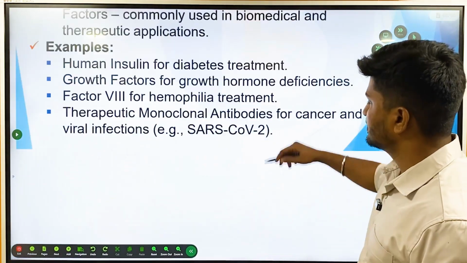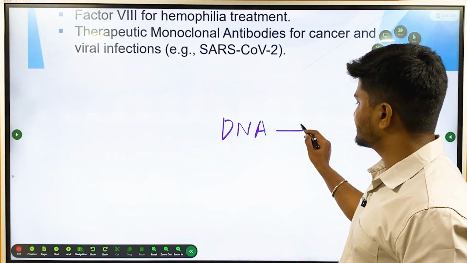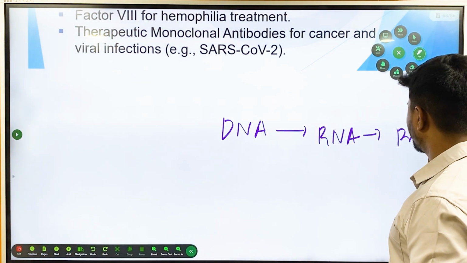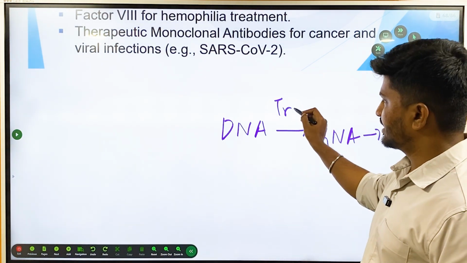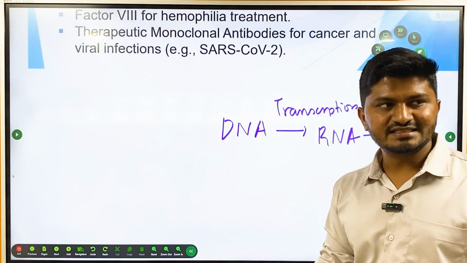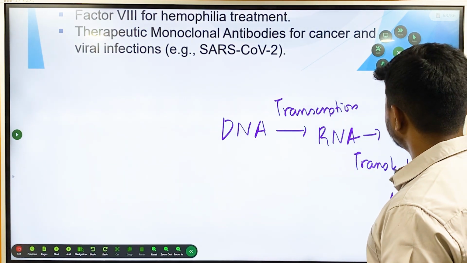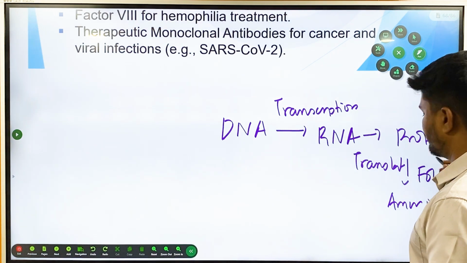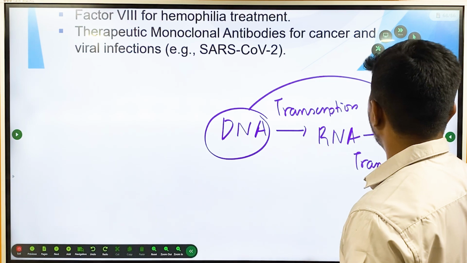Normally, how a protein is produced is there is DNA, and then this DNA is converted into RNA, from RNA to protein, from protein to amino acids. Okay, so this process is called transcription, meaning here all the sequence of DNA, ATGC, etc. sequence will be transcribed, and then they will be translated to form the protein. From protein, they will be folded to form amino acids. Okay, so from DNA, protein is formed.